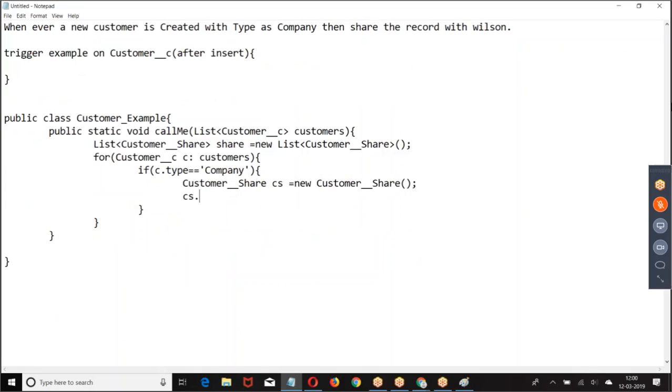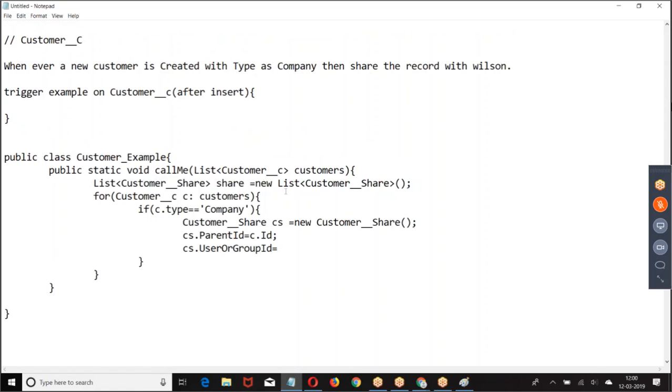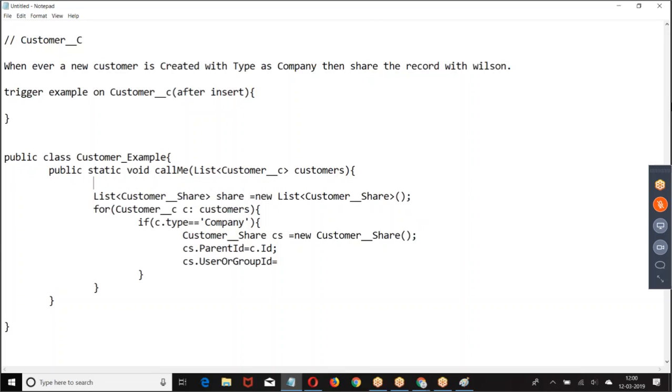Then we have CS dot parent ID equal to C dot ID. CS dot user or group ID. I want to share with whom? Wilson. If you want to share with Wilson, you have to get the user ID.